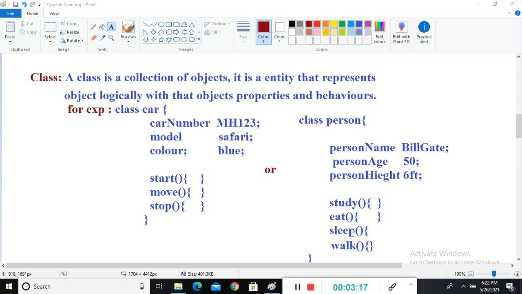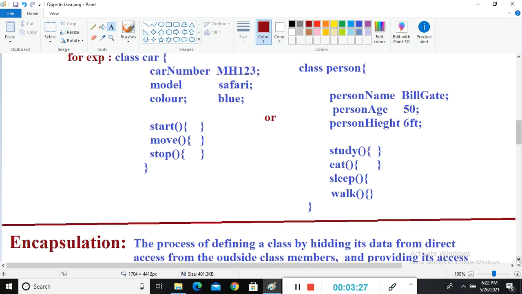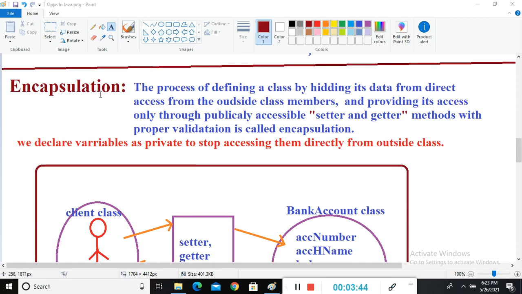And these are the behaviors of a person, like eat, sleep, walk, study, and a person also does many things. So what a person is doing will come in the person's behavior, and what qualities a person has will come in the person's properties.